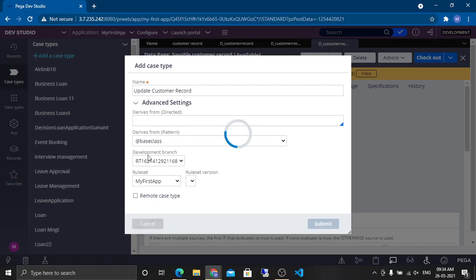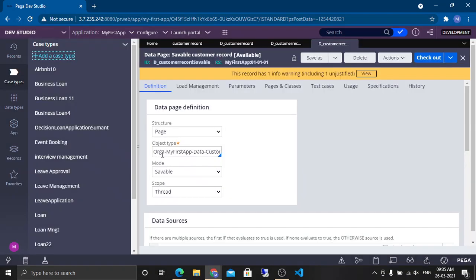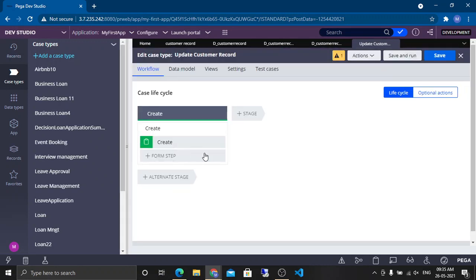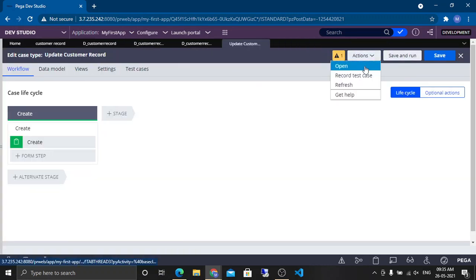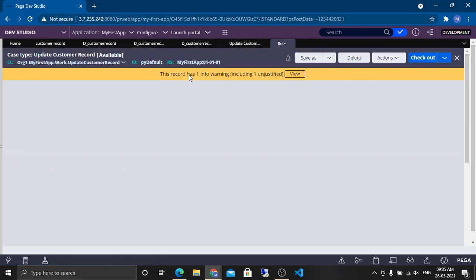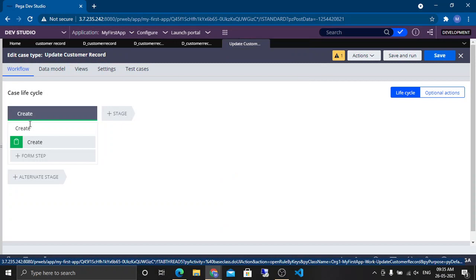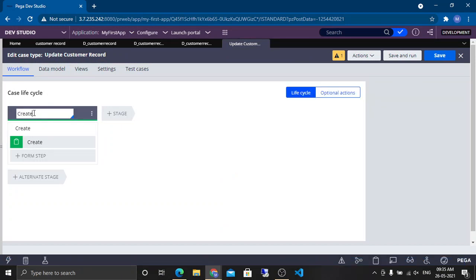Oh, development branch. Why should I have taken this? It is fine anyhow. I don't like using this first stage actually. This is a form step, right? By default, Pega made this first stage to be used as a screen flow.